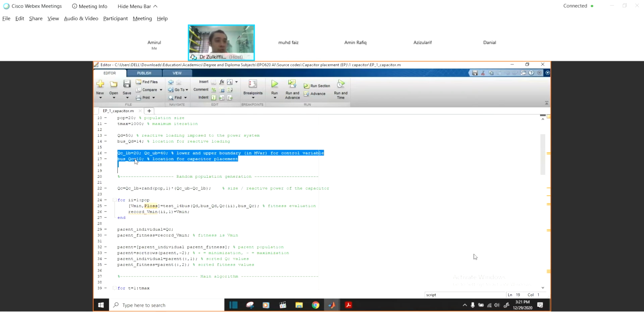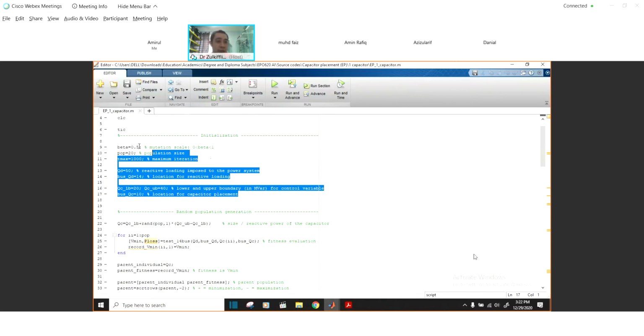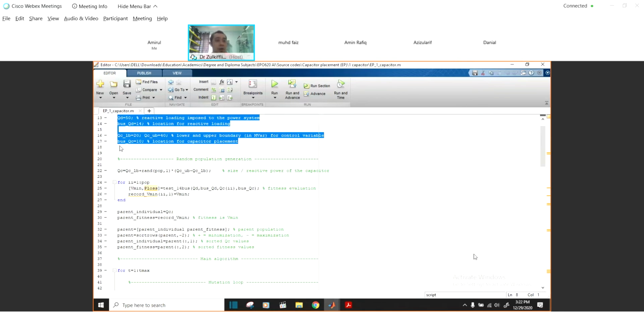Alright, and then you have to specify which location in the power system to be placed the capacitor. So as for example, in this program, I choose bus number 10. Okay, saya letak capacitor tu dekat bus 10. Terpulang pada you nak letak dekat bus mana pun. Alright, so these are the settings that you have to complete before you can run the program. Okay. Alright, next,